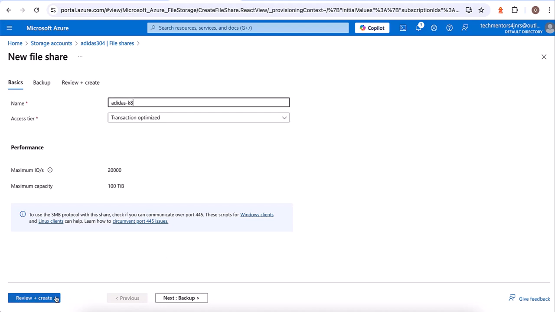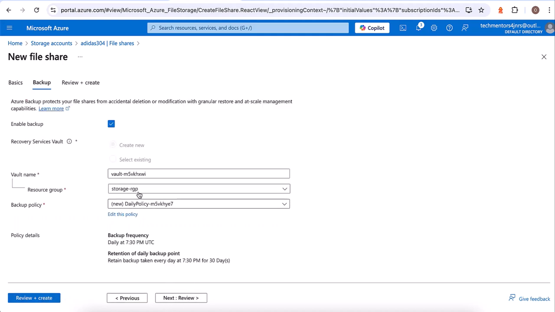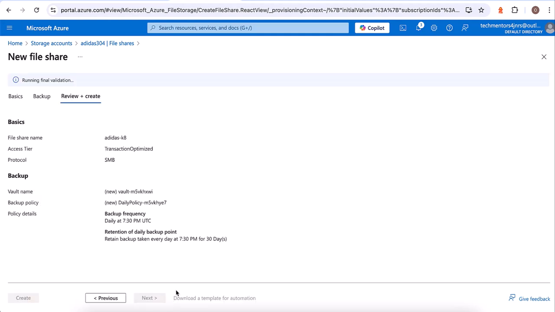So we can click on review and create. But if we want to add backup, okay, it's already selected. If you want to add backup to it, then click on next.